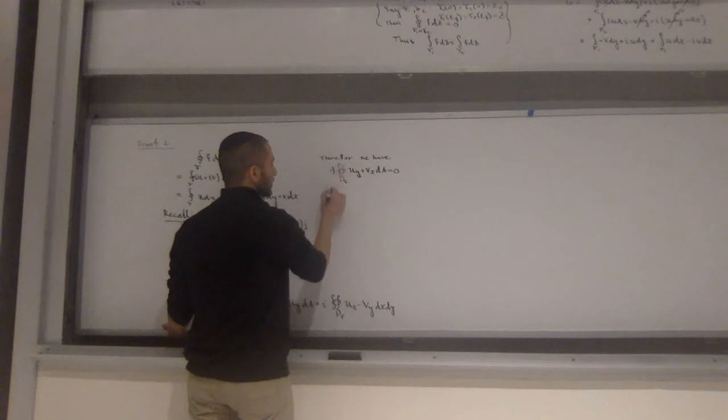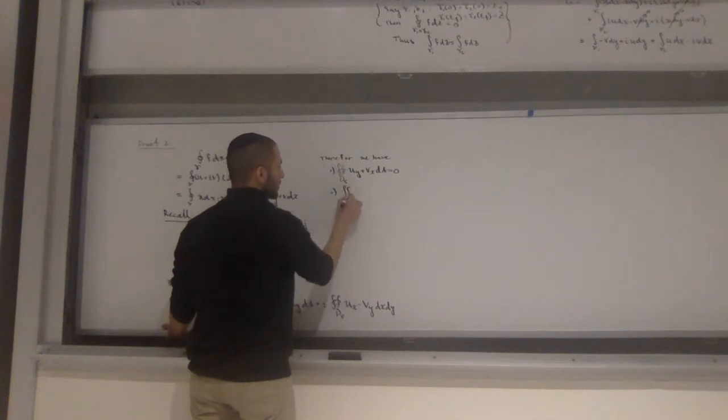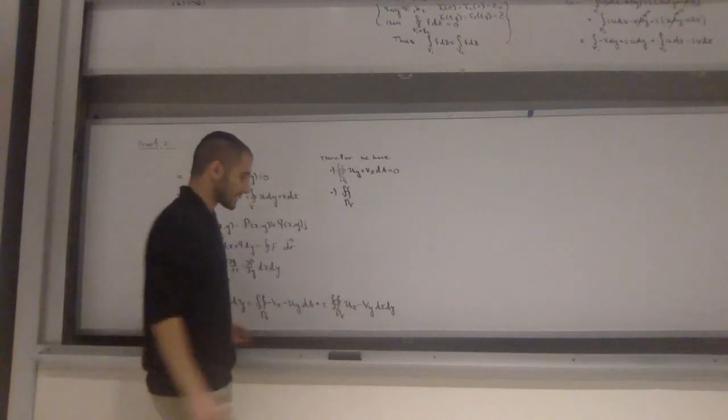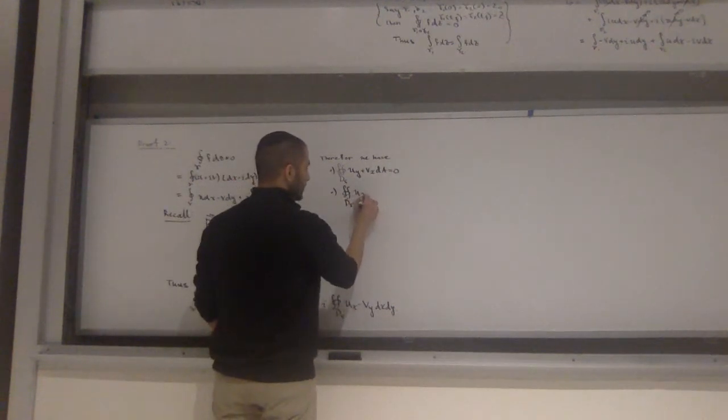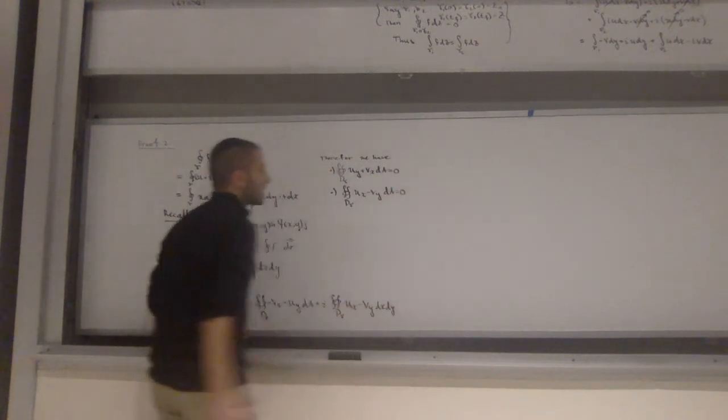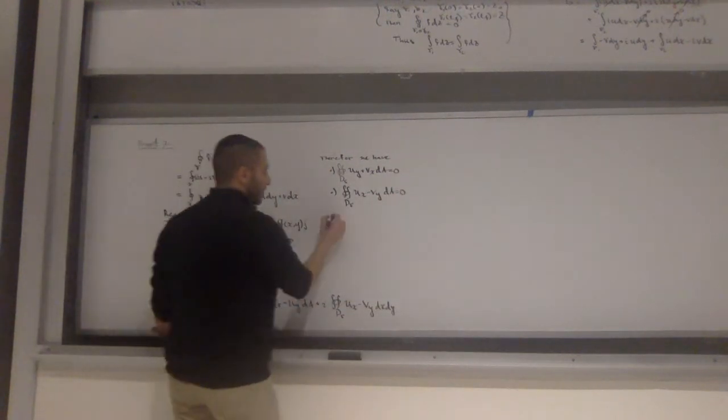This is the first one, and the second one, the double integral over D gamma of u_x minus v_y dA equals 0. Now the question is, can we infer